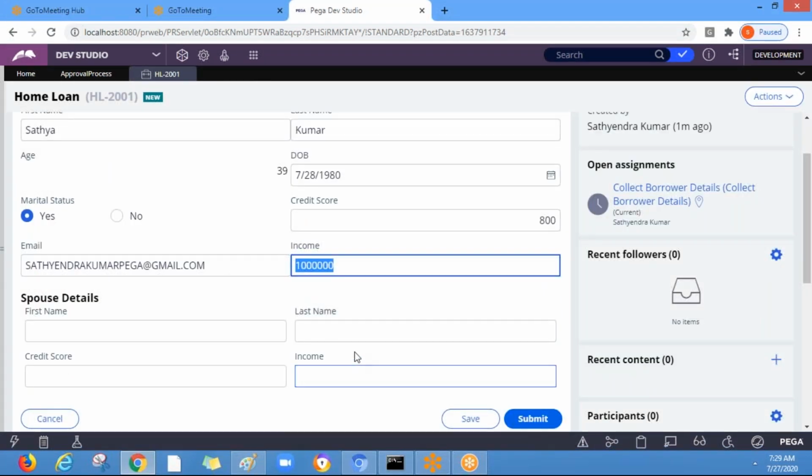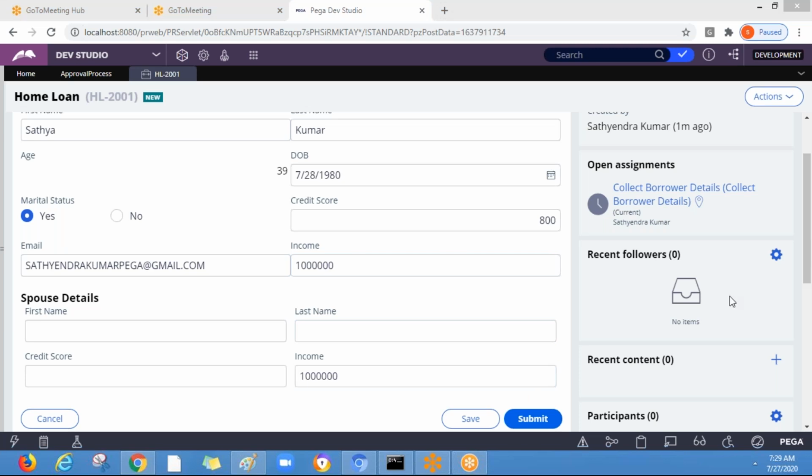So the borrower is taking the home loan, and the maximum loan amount should be 60,000, right? So 10 plus 10 into 3.